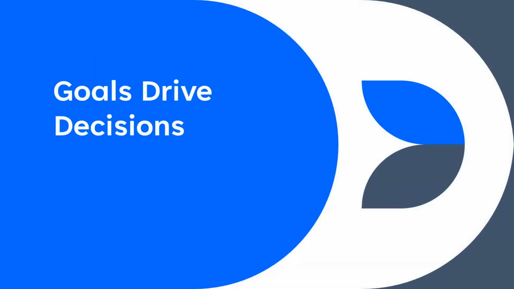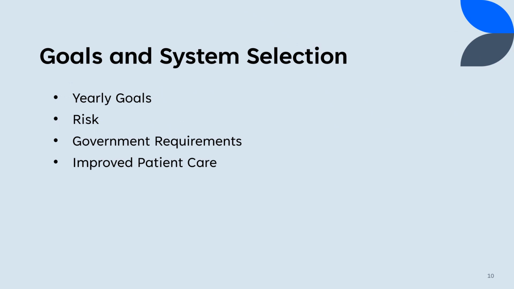The goals of the organization drive system selection in a number of ways. The goals of the organization are a heavy focus in decision-making in system selection. Each year, the organization sets out with a variety of goals. Systems that meet one of the organization's main goals will receive a higher score or recommendation.